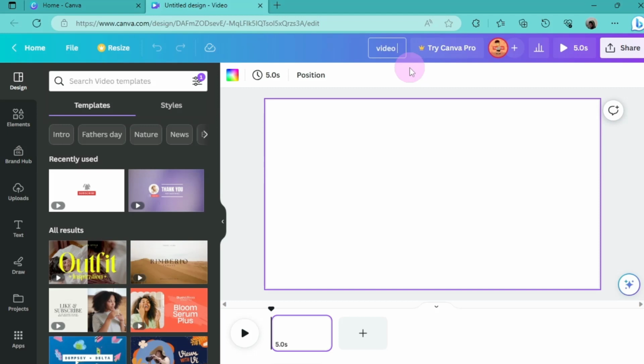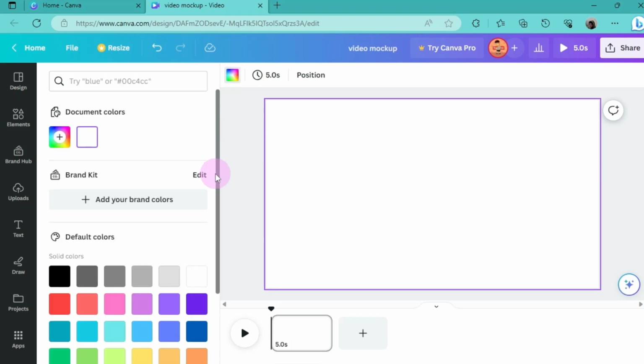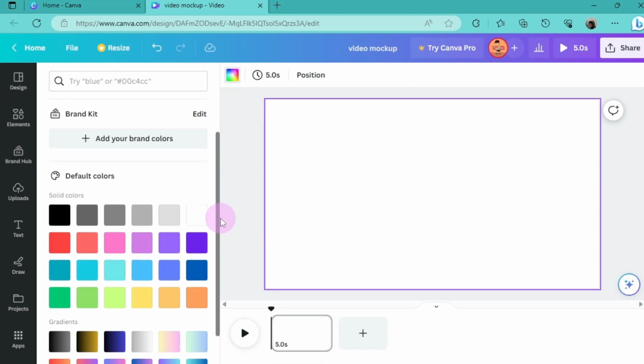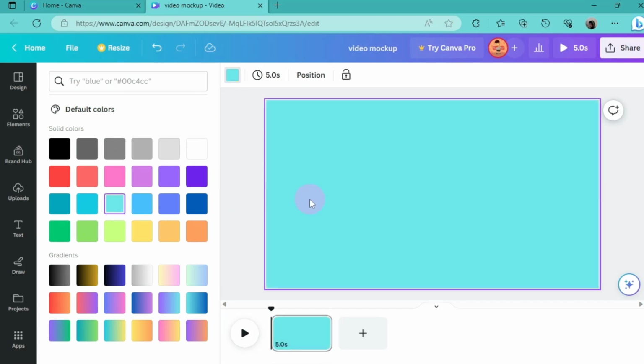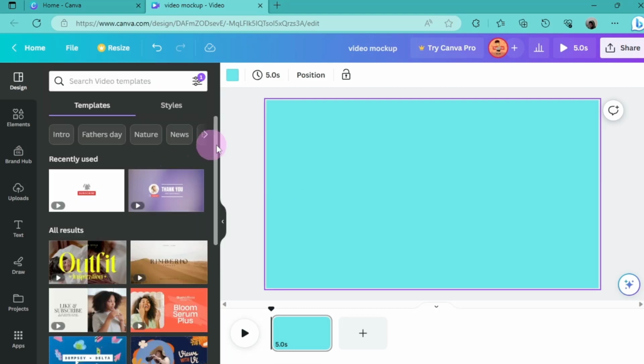Okay, at this level we want to design our page and mock it up. So we're going to go here, choose a color for the page. I'm going to go with the blue. Now that our page is blue,